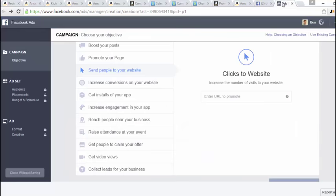The other place I've had a lot of success was I've made a lot of posts go viral using the boost post feature, which is using Facebook advertising. But there's a lot more places you can go in depth. If you go to facebook.com/ads, you can start setting up a campaign where you can send people directly to your Amazon listing, and you can put your URL for your listing into there for your product,